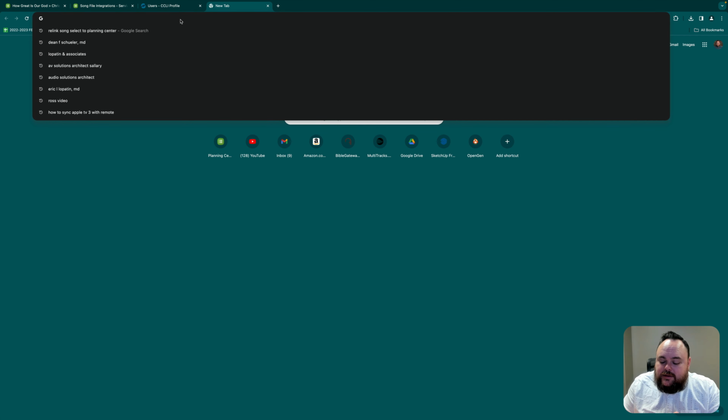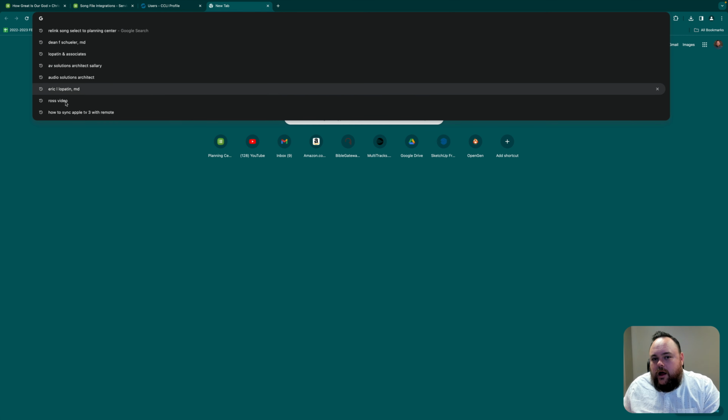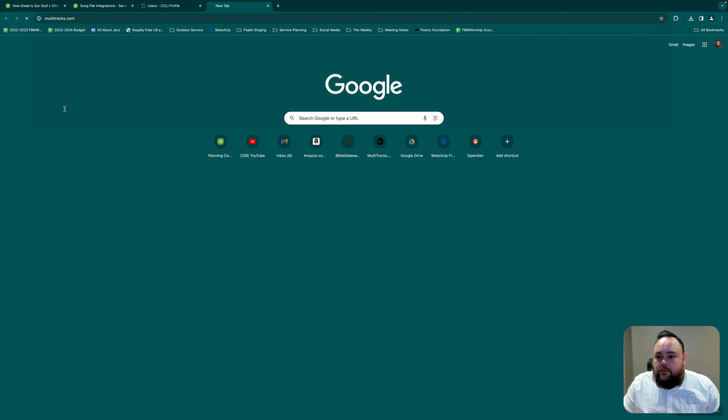All three of these areas, the logins are in the spreadsheet that I shared with you, the FBM worship accounts, so you can get in there with the song select chart. That will be your own song select. What I was just showing you there as far as the login, that'll be your own login on that. Okay, so let's go to